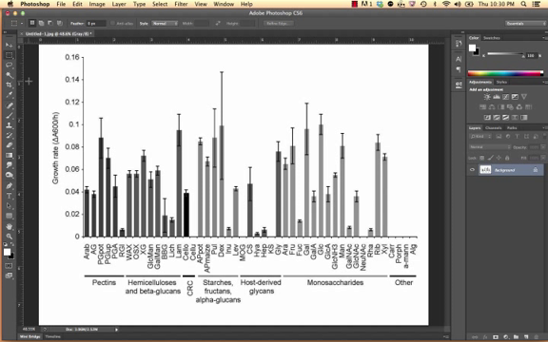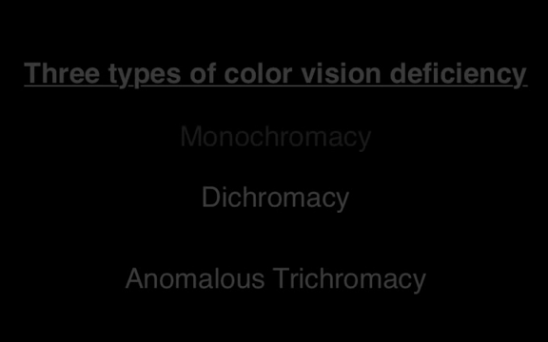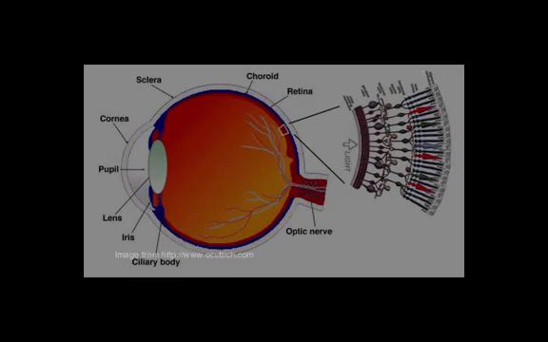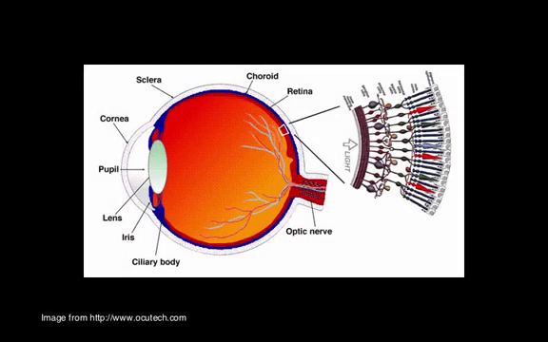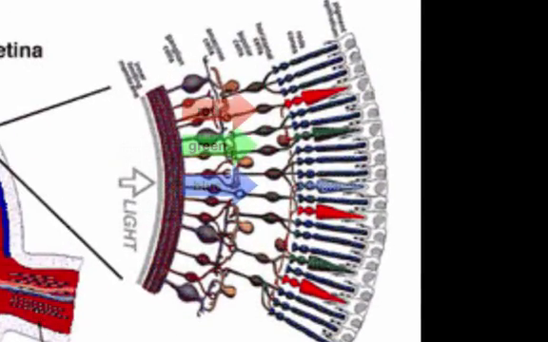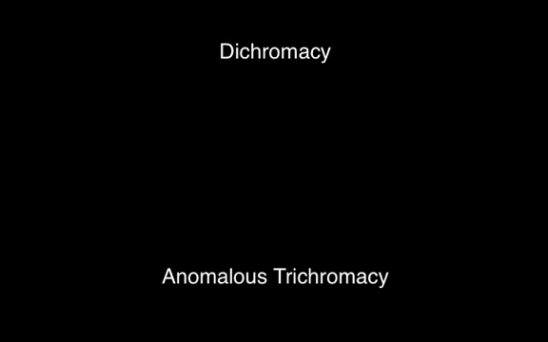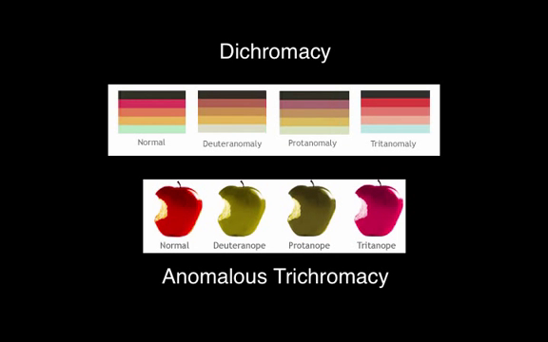This technique will also help make your figures more accessible to individuals of the other two types of color vision deficiency. Dichromacy and anomalous trichromacy are the more common forms of color vision deficiency. They occur when one of the three color cone pigments in the retina is missing or abnormal, respectively. Both of these types can be broken down into three specific types of color vision defect based upon the type of cone pigment affected: